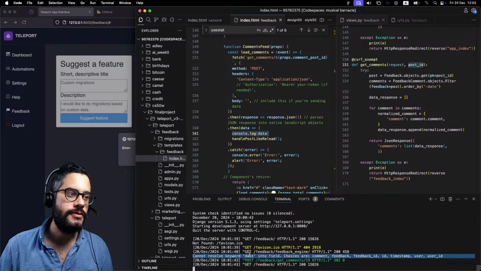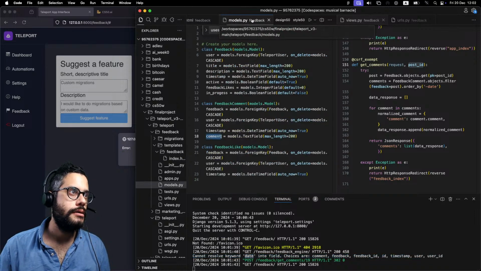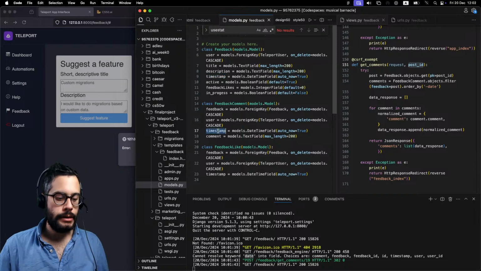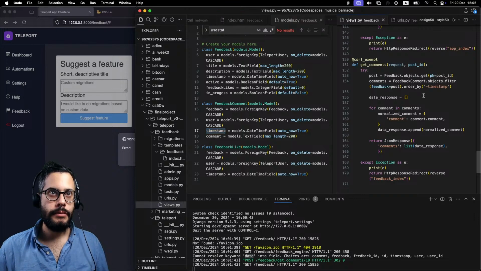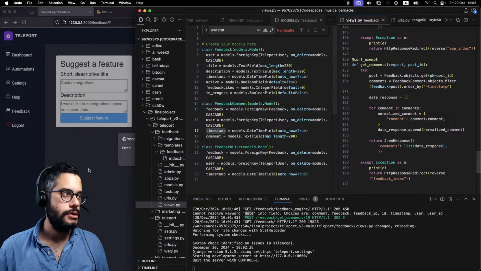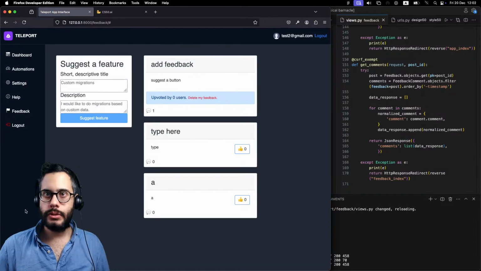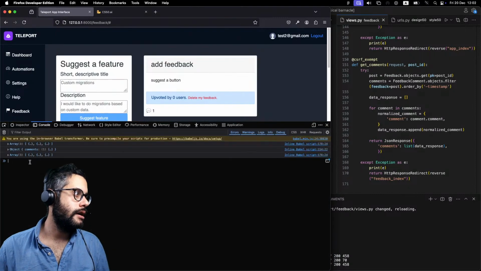I see that I don't have a field called date, so I'm going to go back here. And it's actually not date, it's timestamp. So that's my feedback comment, order by timestamp. Okay, should be okay now. Let's reload, and we click here, and it seems it doesn't do anything, which might mean that we are okay. If we look at the console, you'll see